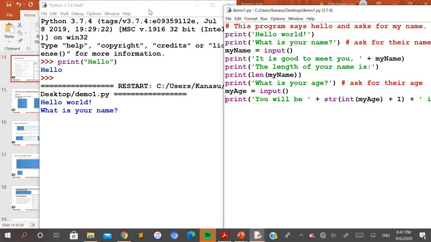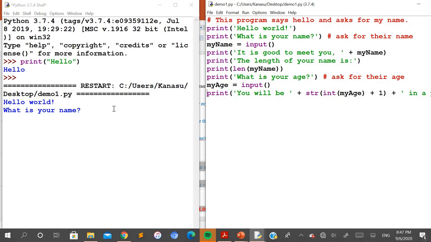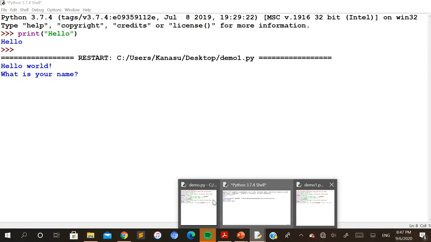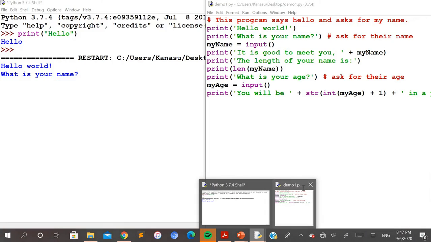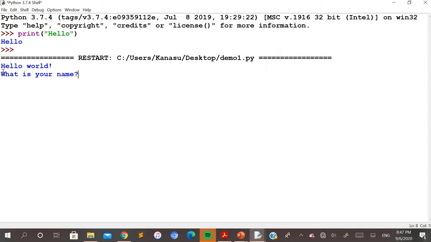So now we'll see what this program is doing here. Okay. So once you have run the program, first it is displaying some messages, a hello world.